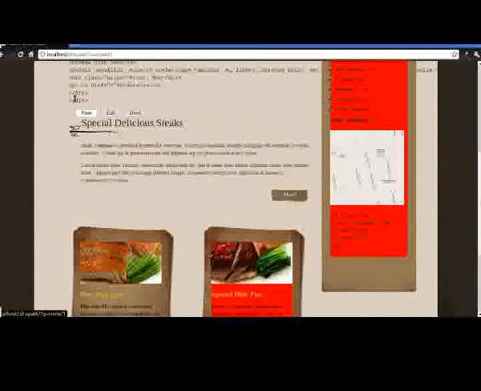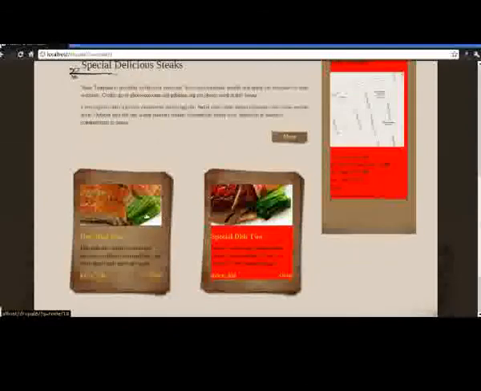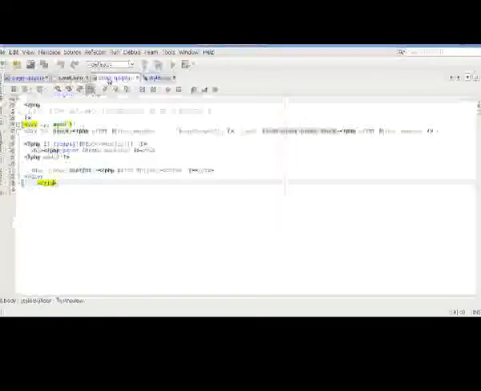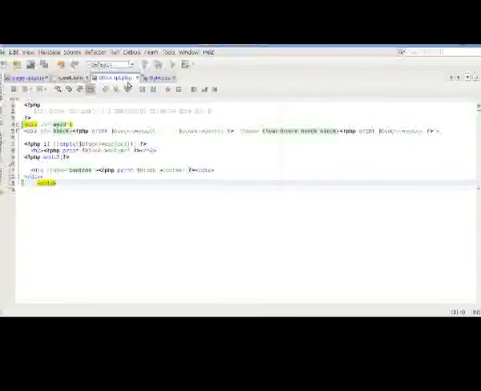And the way we can target just this special one here, instead of applying the div ID in block.tpl.php,